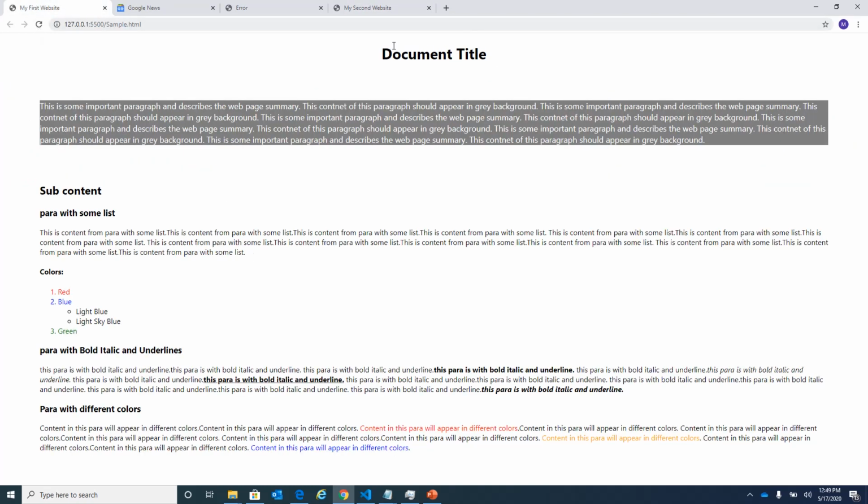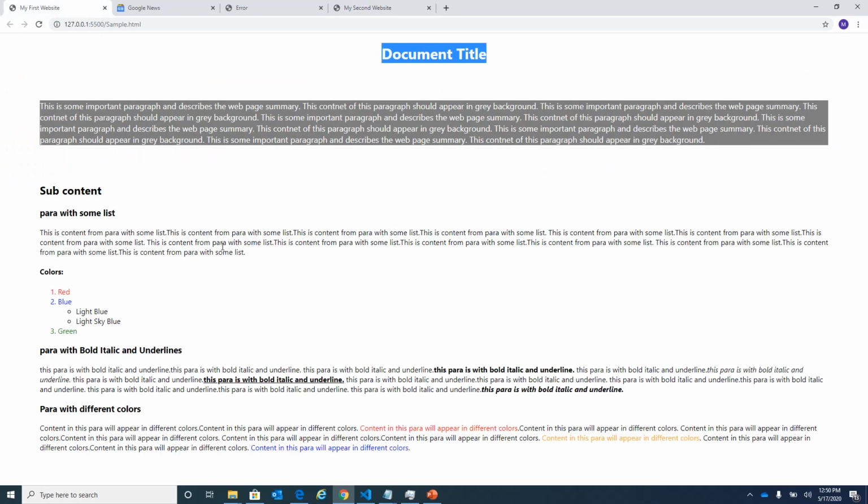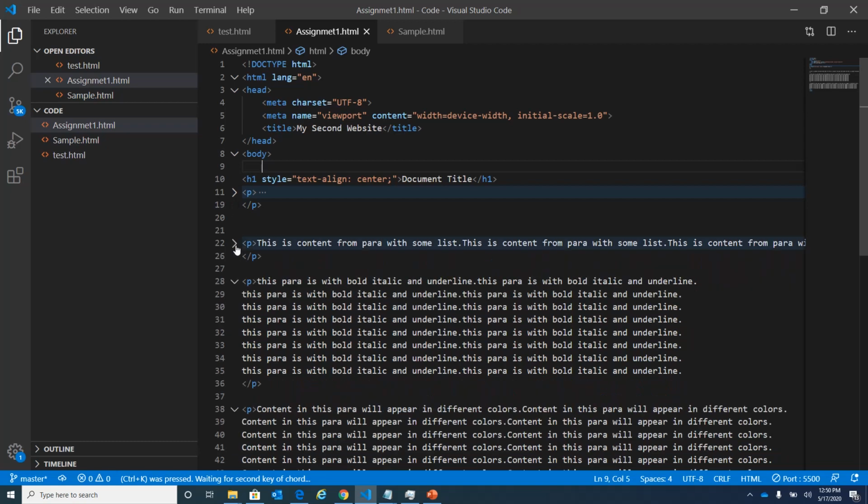But as I told you, there was a hint in the previous slide about the font. The font here is the default font. I want to change the font of this complete web page, it's not looking that good. This font is a little better, so I will use the font that I mentioned in the previous slide. But since I want to apply that font to the complete web page, I will add a div section